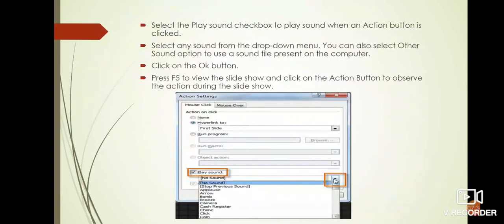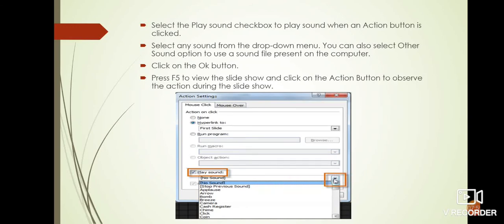Next step, select the play sound checkbox to play a sound when the action button is clicked. If you want a sound to be played when that action button is clicked, you have to put a tick mark on this checkbox. Then click on this drop down arrow and you'll get a list of options.